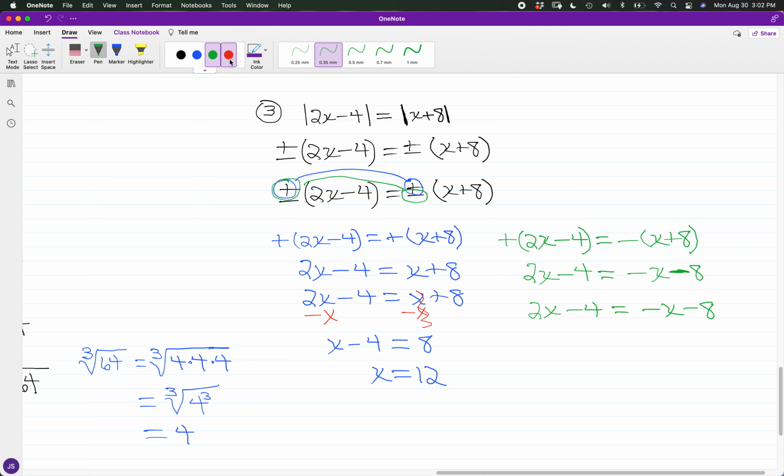And if I combine variable terms, this time I'm going to add x to both ends. So we've got 3x minus 4 is equal to negative 8, and it looks like we're going to have a fraction in the mix on this one. So you have 3x minus 4, and if I add 4 to both ends,